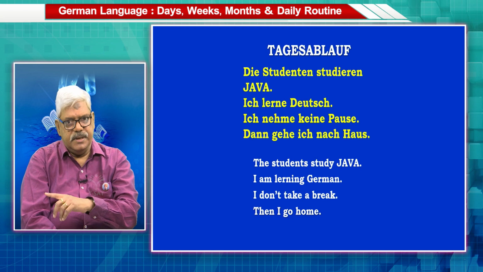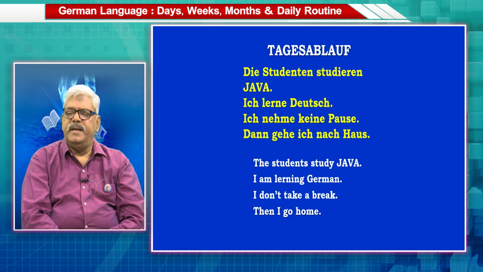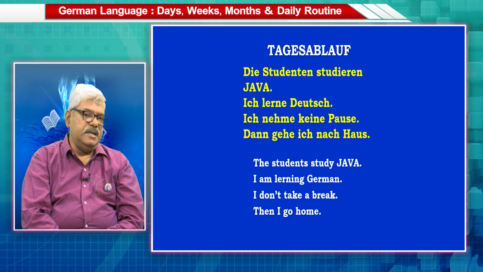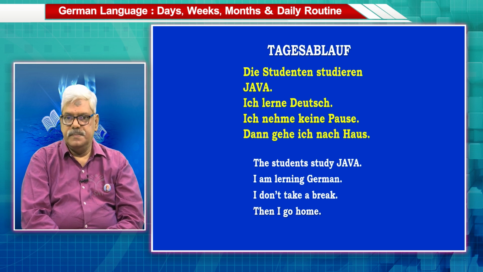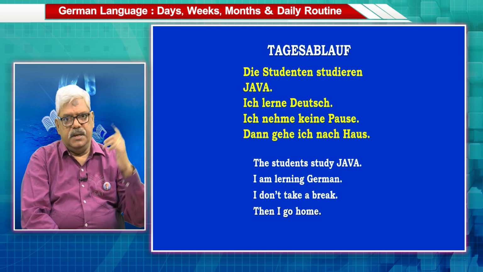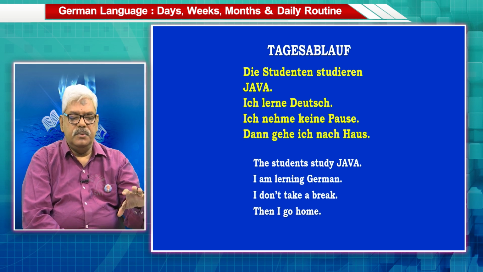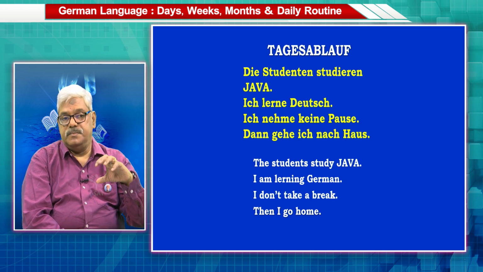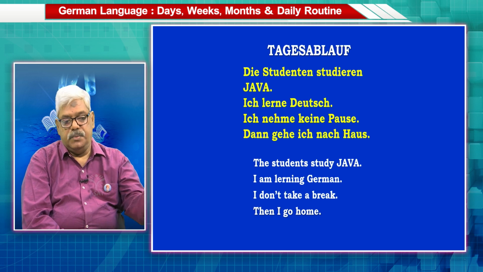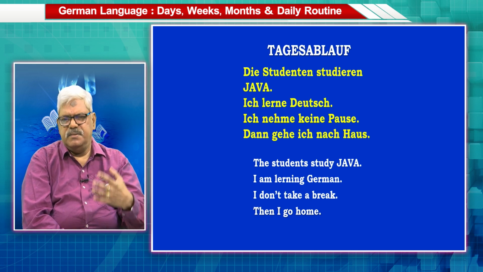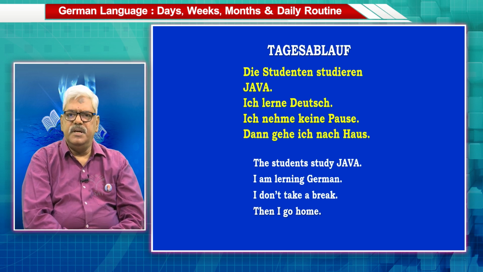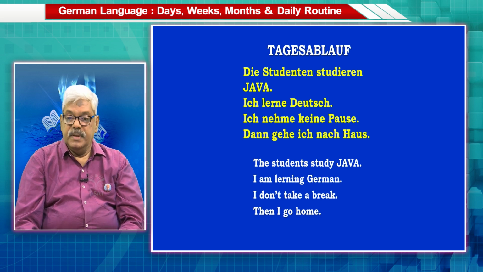Before we proceed to the next, did you observe the spelling of Pause? It is the same as English. Pause. In the introduction itself, in the orientation, we got to know that some of the words in German are borrowed from English and they have the very same spelling. Only the pronunciation differs. That's why learning German is a very, very easy task. Let us go to some more sentences.